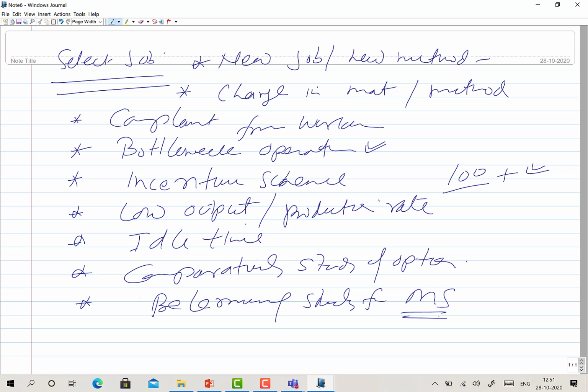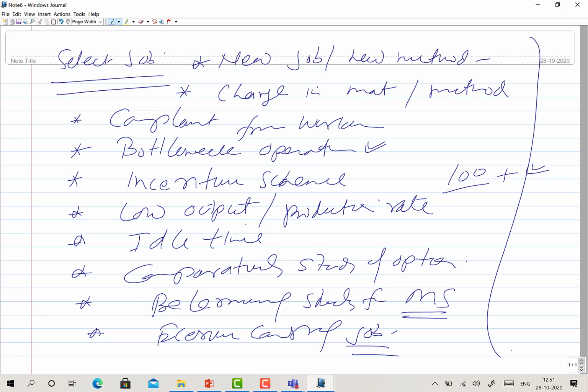If that is to be identified, then also time study can be done. And the jobs are very costly, like the manufacturing of certain things, the cost of manufacturing is too high. So you can say excessive cost of certain jobs. So you need to analyze what is wrong with that. If that is the case, then also time study can be done to see if something can be done in order to